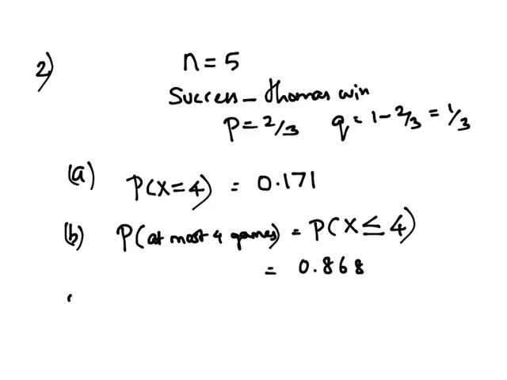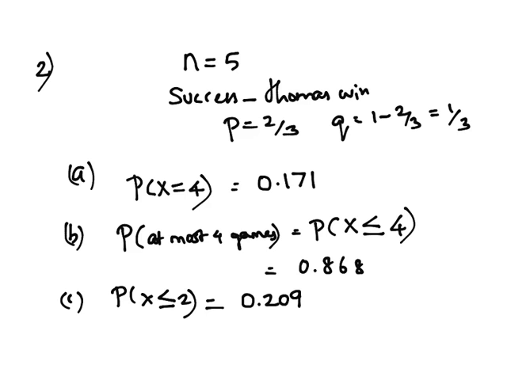Now let's look at the C part. What is the probability that he will win no more than 2 games? That means, what is the probability that he does not win more than 2 games? That means he can either win 2 games or 1 game or no game. That means P of x less than or equal to 2. Now again, how do you find it? Very simple. Go to BCD, distribution, binomial, go to BCD, substitute x as 2. The number of trials and probability of success remain the same. So the answer is